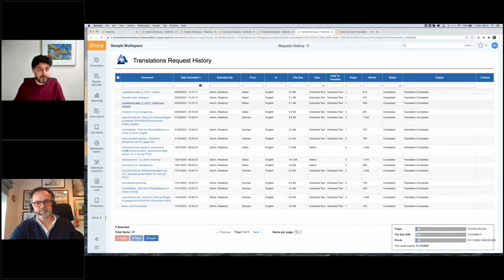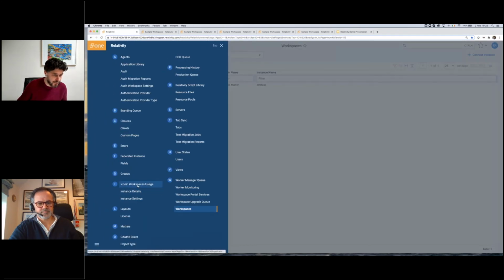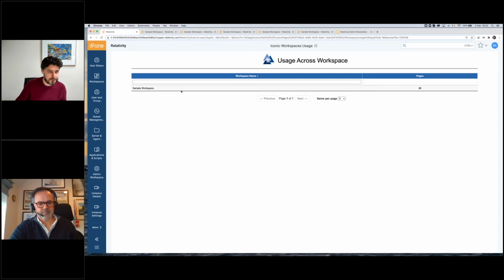The very last thing to show you is if we go right back out to the instance level, there is one more tab that we have, if we expand, which is called Iconic Workspaces Usage. And we've only got one workspace in this instance, so it's not going to be that useful. But if you have many different applications, many different workspaces within your instance, and they're all using the Iconic application, you're going to see a list of them there, and you'll get an overview of how many pages they have consumed.